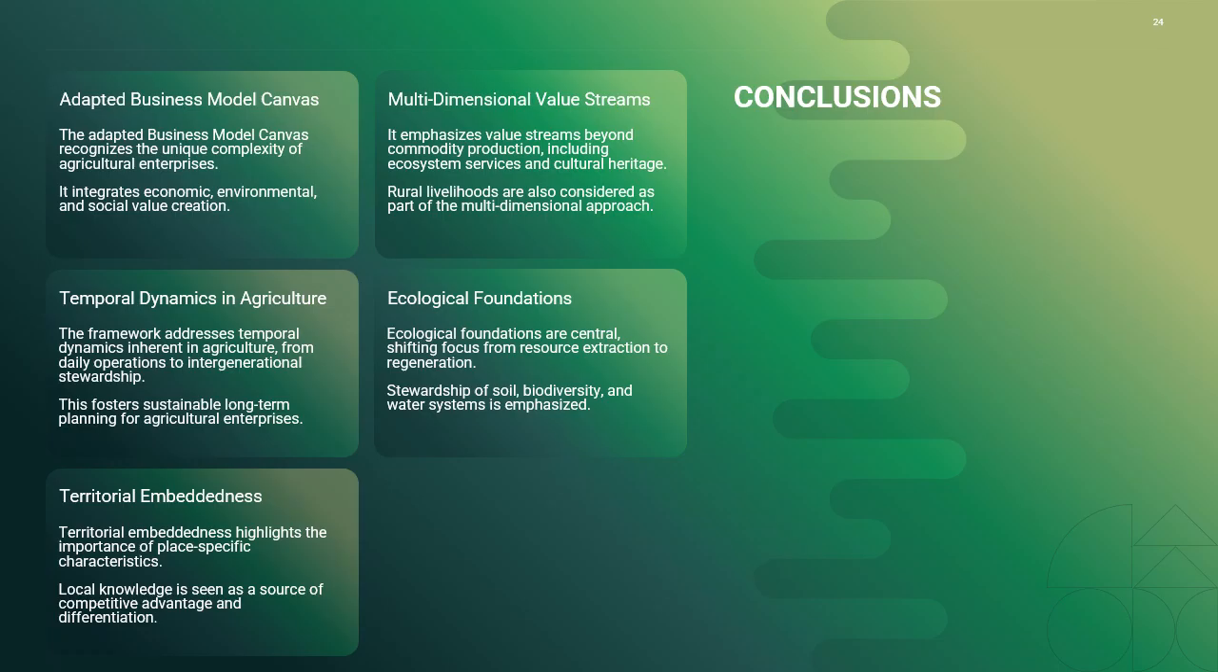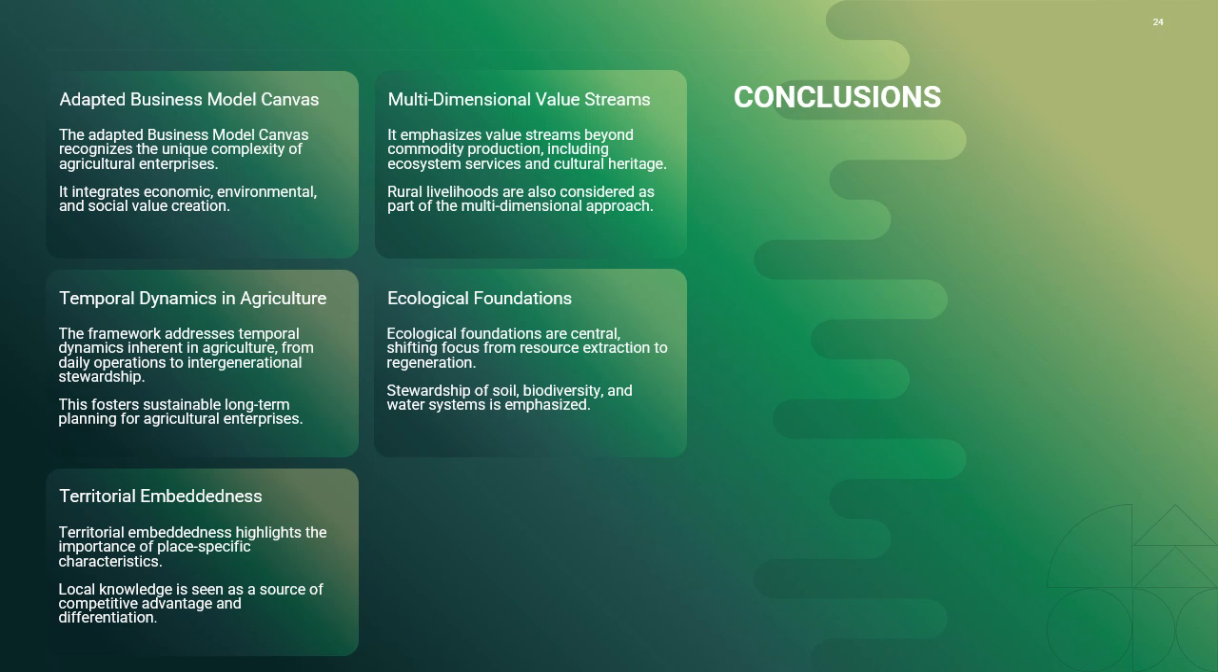The adapted business model canvas recognizes the unique complexity of agricultural enterprises. It integrates economic, environmental, and social value creation in ways that acknowledge agriculture's multifunctional nature. Unlike many industries focused primarily on financial returns, agricultural business models must address multiple value dimensions simultaneously to achieve sustainable